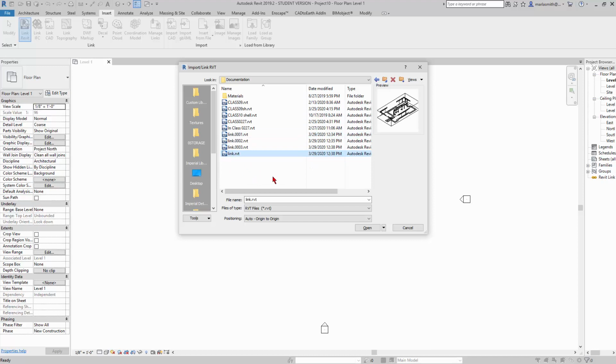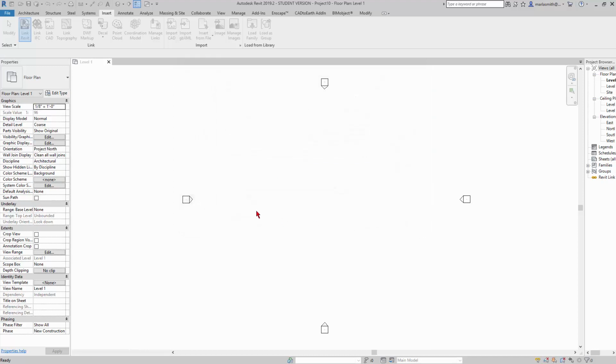This Revit file that I'm using has been purged, so I would highly recommend that you do a save as from the file that you want to link and bind. Save it as a link Revit and just purge unused under the Manage tab until you get to nothing. And then I'm going to click Open,